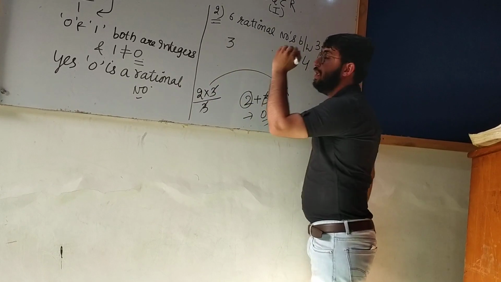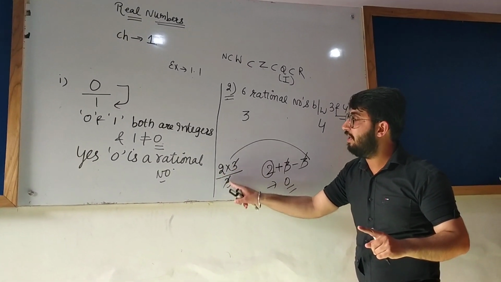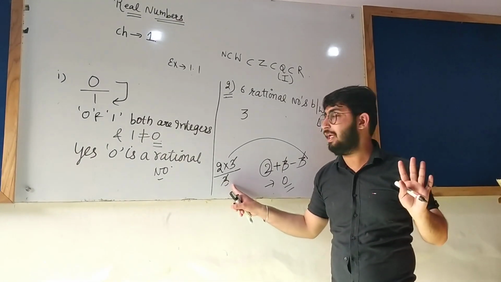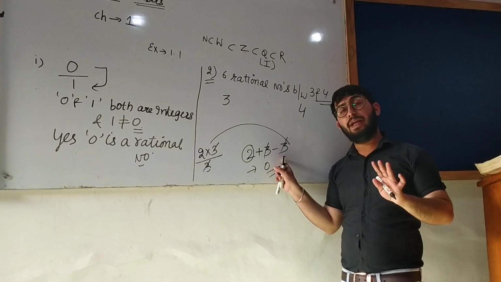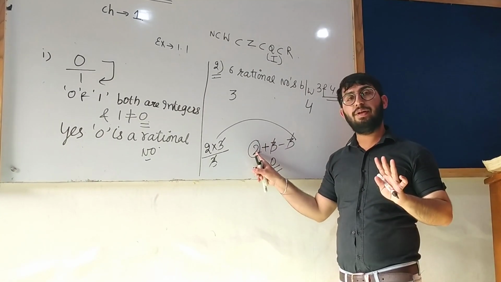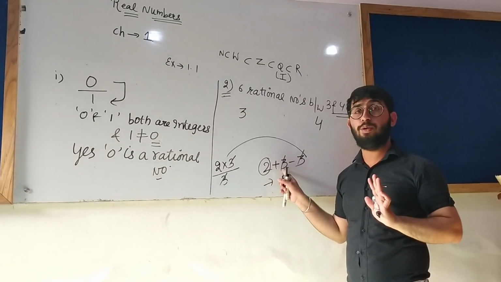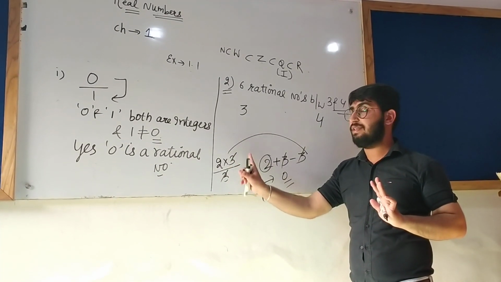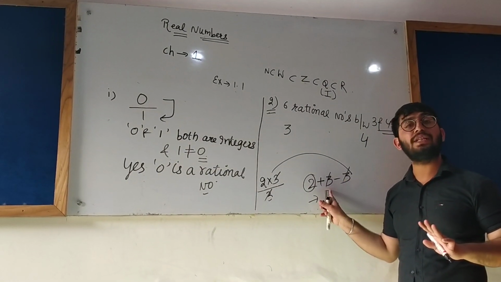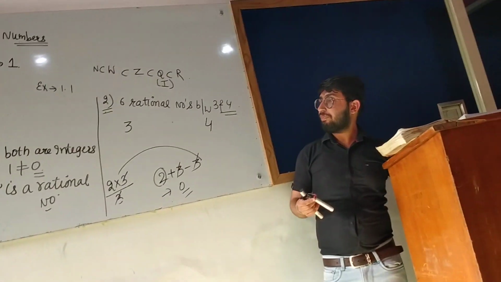What we have understood from here is, if you multiply and divide a number by the common number, then the number doesn't change. If addition and subtraction are happening together with the same constant, then the number remains unchanged. Keep this in your mind. Multiplication and division are going simultaneously, so it doesn't make any difference to 2. Addition and subtraction are going simultaneously together, so it doesn't make any difference to 2. Clear?